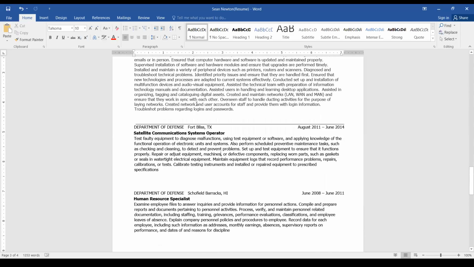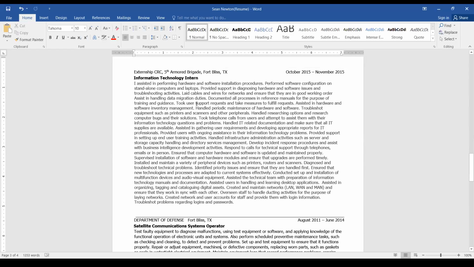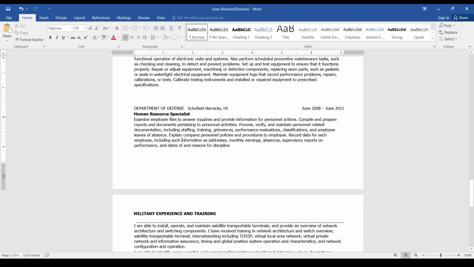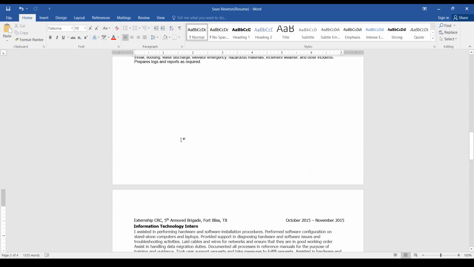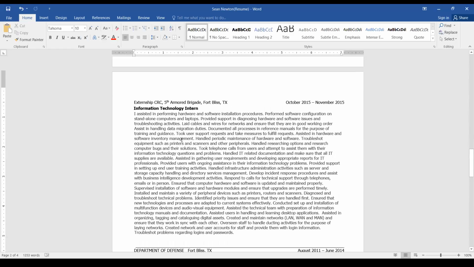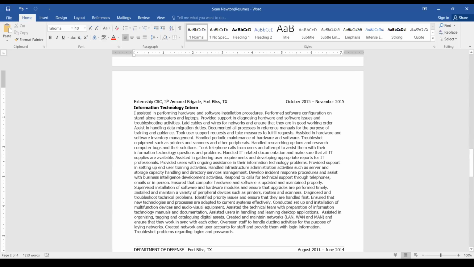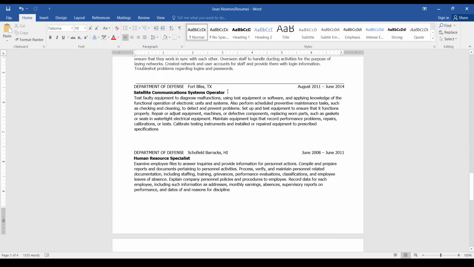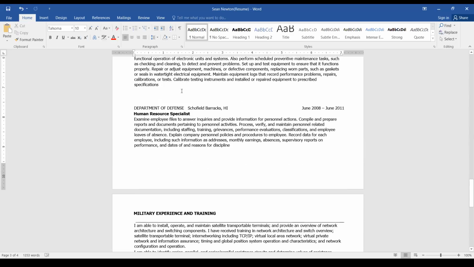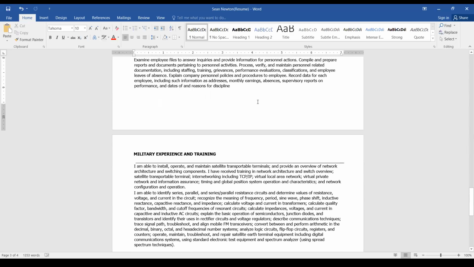So you had several things here. You could also combine a lot of this. This is when you were serving in the military. I presume since you were at Fort Bliss, you were in the Army, or at Schofield, you would have been in the Army. So I would just say U.S. Army, stationed at Fort Bliss, Texas, and Schofield Barracks, Hawaii, working with communications and electronics equipment. And in human resources, I'd probably do it that way.